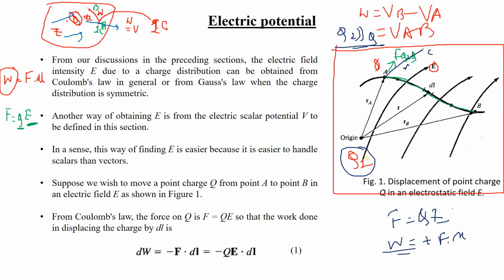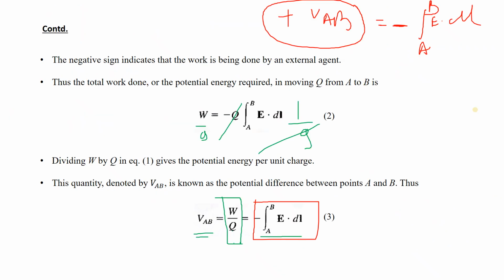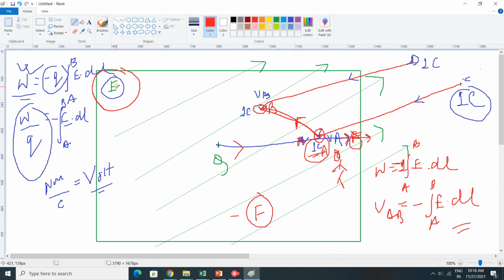But if this work would have been done by the charge, that means this charge यहाँ पर जो Q2 था वही अगर इसको मूव कर रहा है, that means there is a loss of energy. Loss of energy क्यों? क्योंकि चार्ज Q का जो इलेक्ट्रिक फील्ड है, that electric field is doing some work, that is there is a loss of energy. In that case it becomes minus VAB, which equals positive E dot dl.